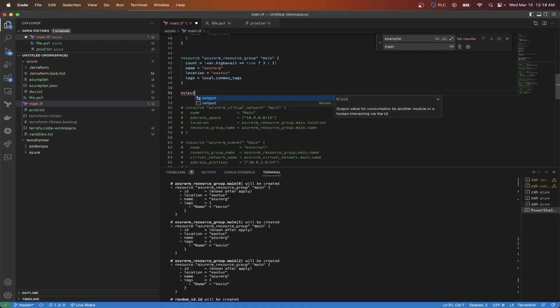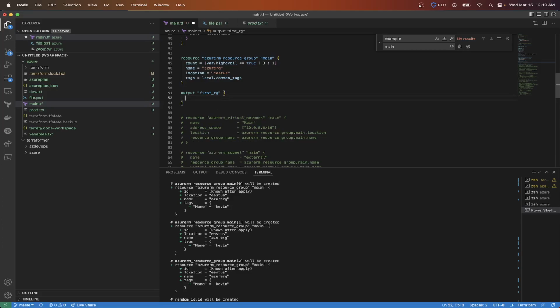So I can do output, let's call it first_resource_group, and then value equals azurerm_resource_group.main, I want the first one,